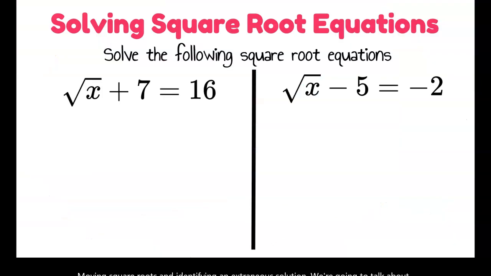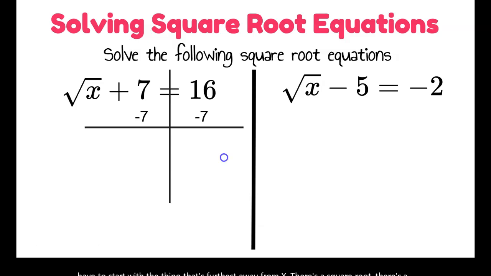So when I'm solving an equation, remember, I'm always wanting to get x alone. Here, I have to start with the thing that's furthest away from x. There's a square root, there's a plus 7. The thing that's furthest away from the x is this plus 7, so I'm going to start out with subtracting 7 from both sides. Then I end up with square root of x equals 9, because 16 minus 7 is 9,